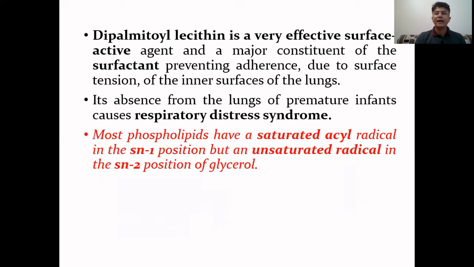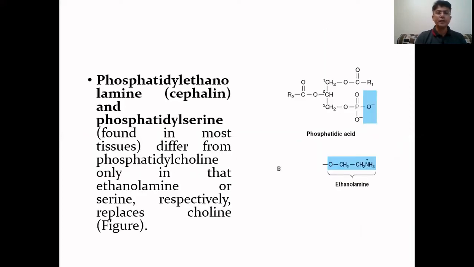Most phospholipids have a saturated acyl radical in the SN1 position, but an unsaturated radical in the SN2 position of the glycerol. Phosphatidylethanolamine, also called cephalin, and phosphatidylserine differ from phosphatidylcholine only in that there is an ethanolamine or serine instead of choline in the structure. So here to the phosphatidic acid, ethanolamine may be present or the serine may be present instead of